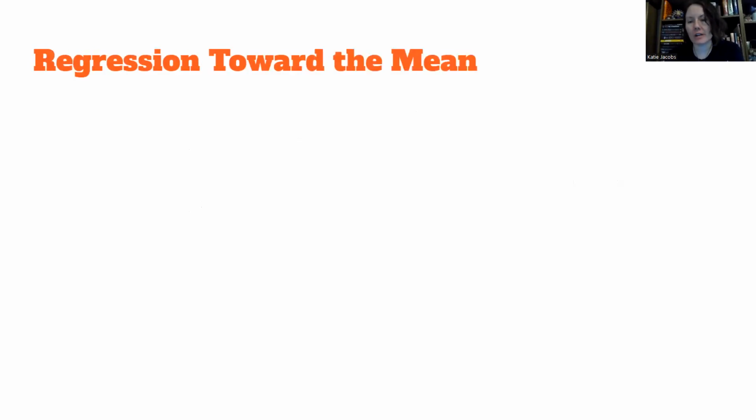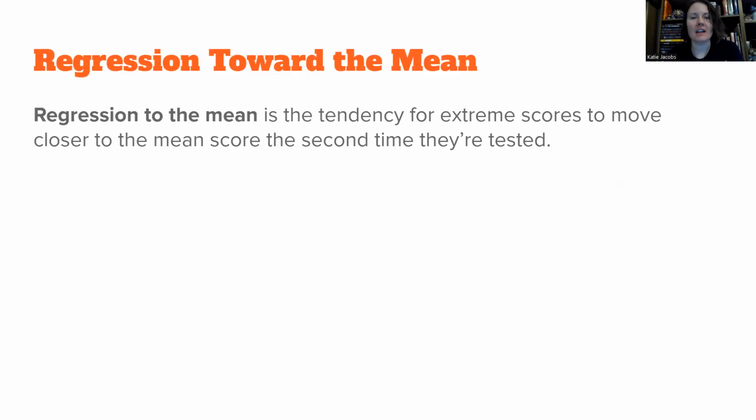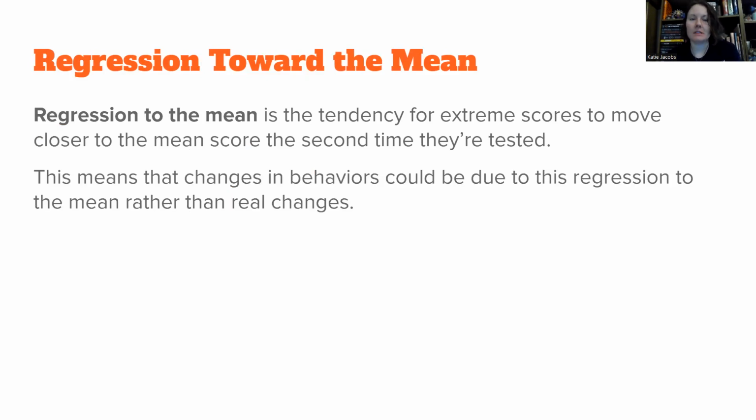We also have something called regression toward the mean. This is the tendency for extreme scores to move closer to the mean score the second time that they're tested. So this means that changes in behaviors could be due to this regression to the mean rather than real changes. And this often happens, and this is something we examine in my statistics class, but we've also learned about